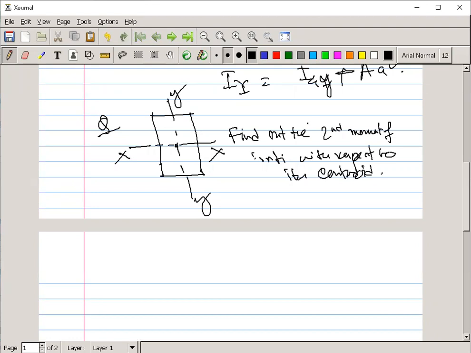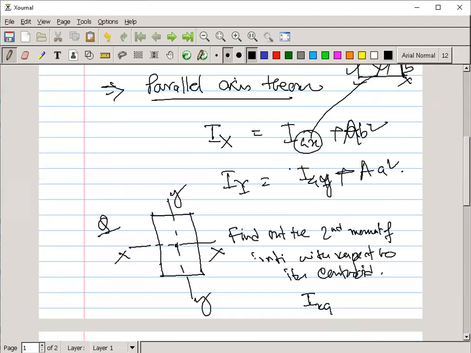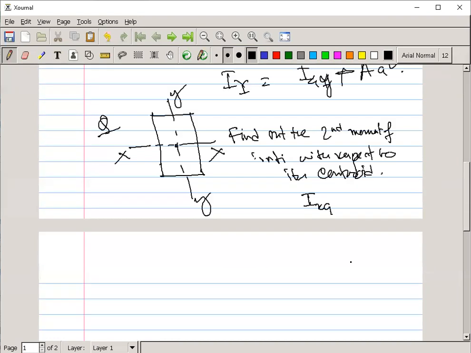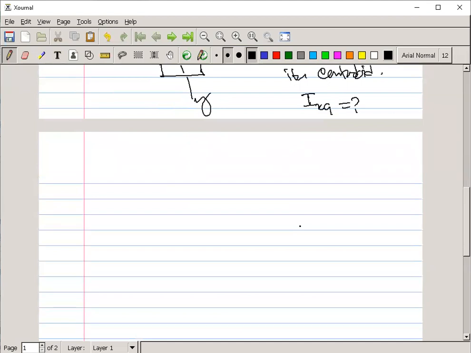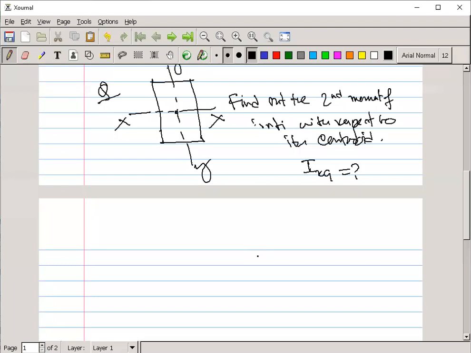Now if in the question it is written that you have to find the moment of inertia with respect to the centroidal axis, how can you write it? I of x with respect to centroidal, as I have shown you, I of gx or xg, same. So you have to find this one. To find this, we have to apply a similar concept to what we applied previously for finding the centroid. So what we have to do? Take a small elementary stripe in this area.